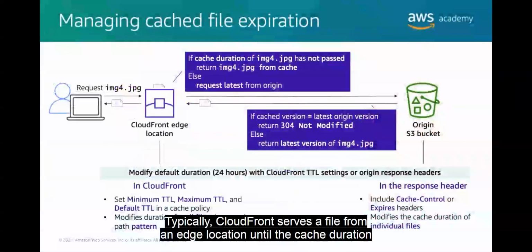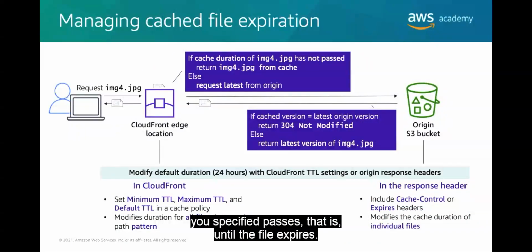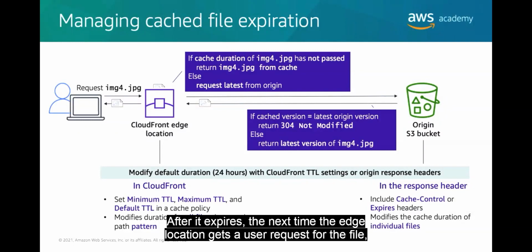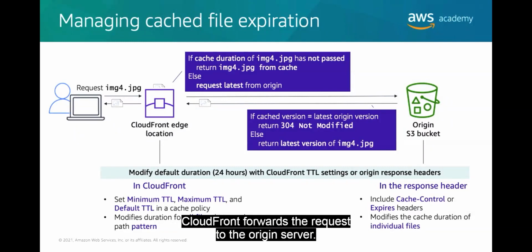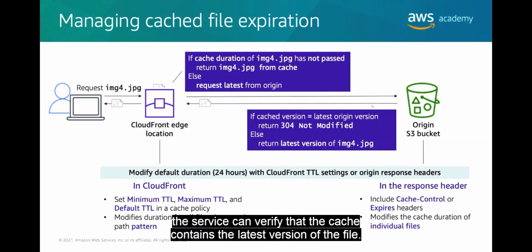Typically, CloudFront serves a file from an edge location until the cache duration you specified passes, that is, until the file expires. After it expires, the next time the edge location gets a user request for the file, CloudFront forwards the request to the origin server. In this way, the service can verify that the cache contains the latest version of the file. The response from the origin depends on whether the file has changed. If the CloudFront cache already has the latest version, the origin returns a status code 304, not modified. If the CloudFront cache doesn't have the latest version, the origin returns a status code 200 OK and the latest